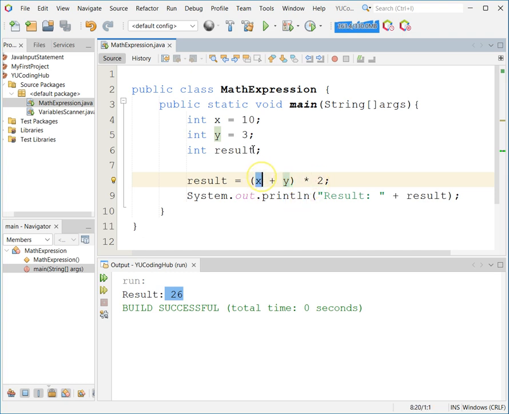So here we have x, which is 10, plus y, which is 3. If we add both, we are going to have 13. The 13 will now be multiplied by 2. That's why our result is now 26 instead of 16. That is what we call the operator precedence rule.